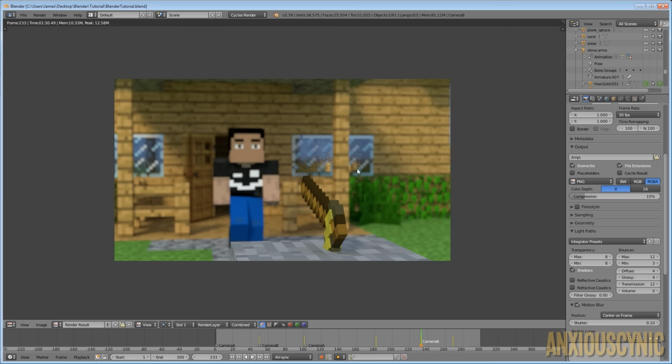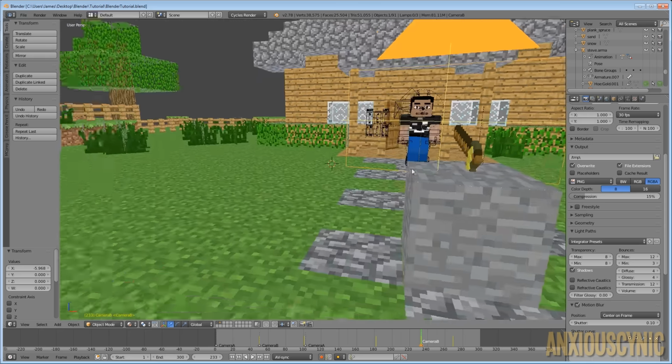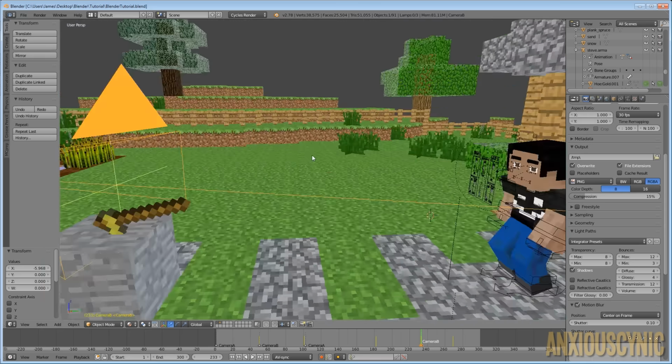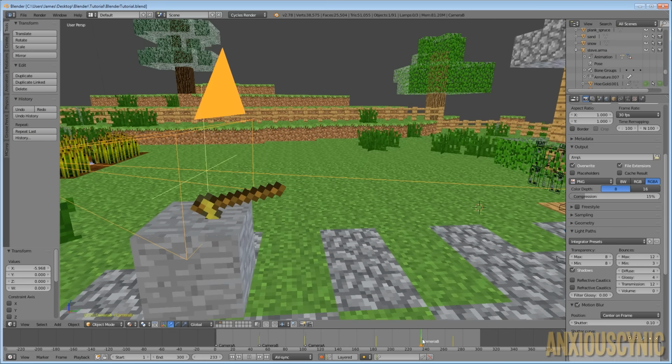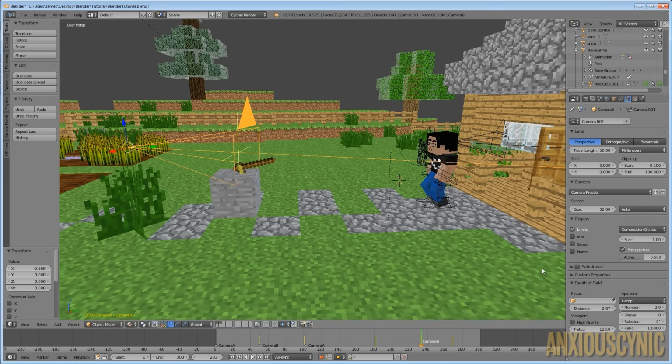So let's go out of this and look at where our depth of field is. It looks like it is right there, and that's not where we wanted it. I'm not sure why. Oh, we didn't set a keyframe. That's my bad. I apologize for that. So the problem we're going to have here is I didn't actually set a keyframe for the distance. As you can see, it's just gray there.